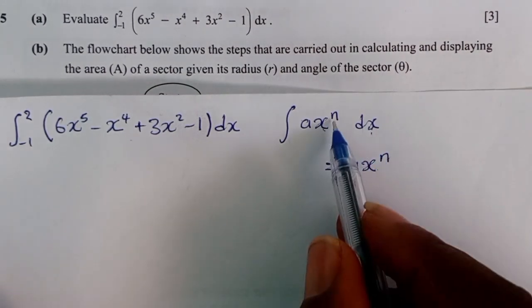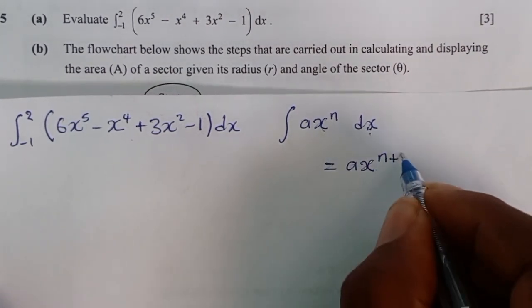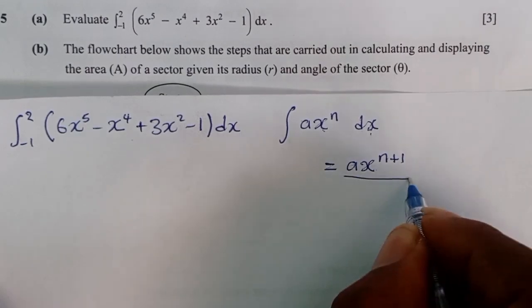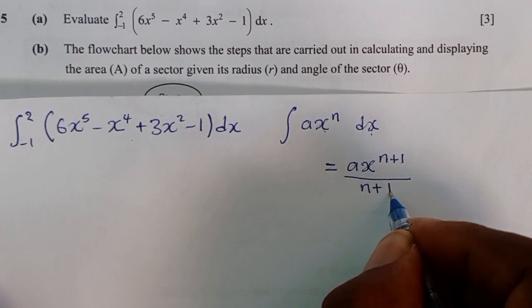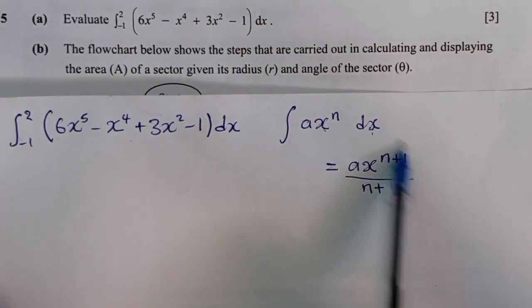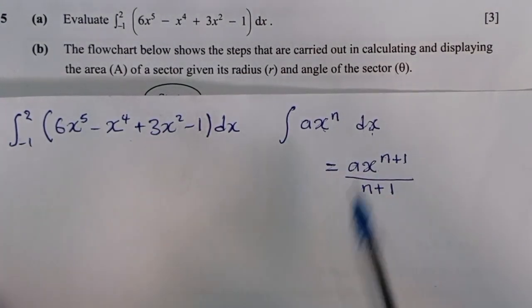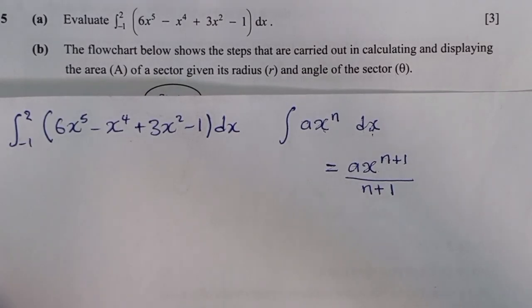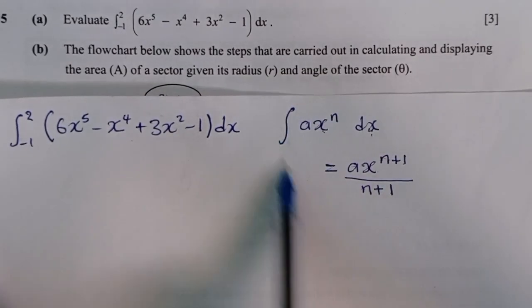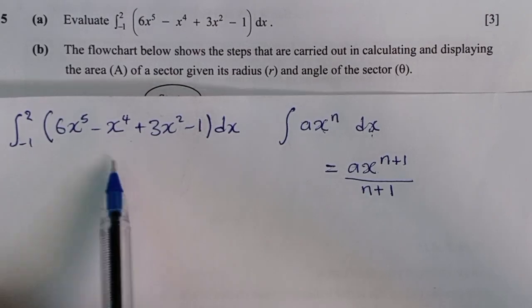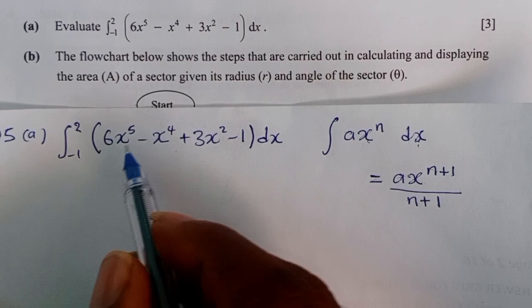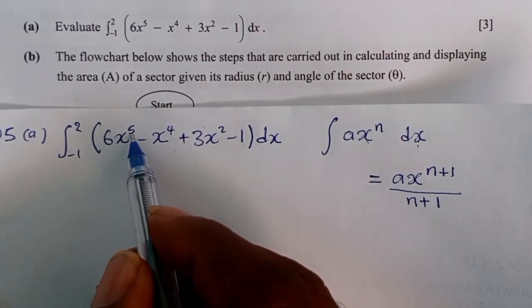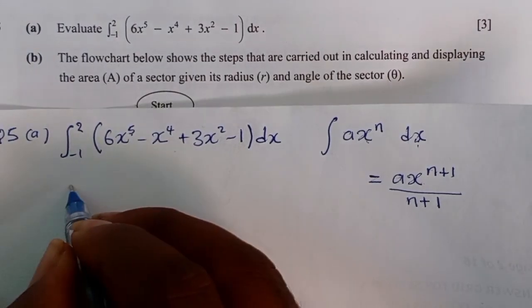So for every power, we add 1. You divide by the same power, which is n plus 1. That's what it means to integrate, in this case with respect to x. So we are going to use the same formula to integrate this one. For every power of x, we add 1. So it will be